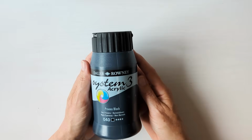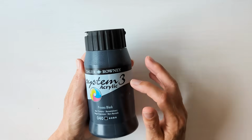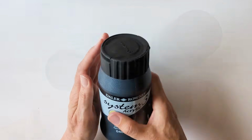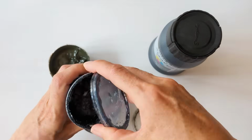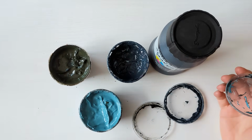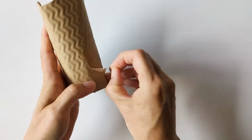I'd run out of black acrylic paint. For the kind of paintings I've been doing, I've been using Golden's fluid acrylic to do black outlines, but I'm still using the heavy body black acrylic in mixers. I make up the exact colours of acrylic paint that I want and keep them in these tubs. And I've got quite a few darker shades, which include a fair bit of black paint in them. And then